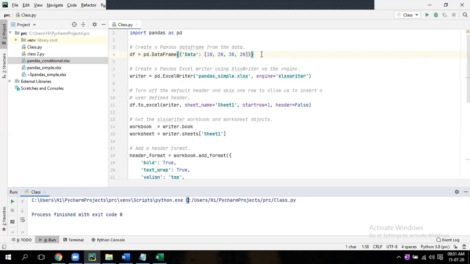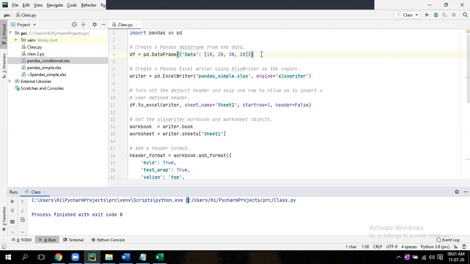You are converting the data frame to that dictionary, that is done. You are creating the Excel writer, that is done. Now df.to_excel means in that Excel I want the sheet name to be this, the starting row should be the first one, whether the header will be there or not, all these things you can put. If you don't put them, by default it will take them, not an issue.